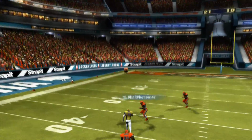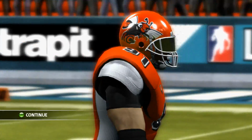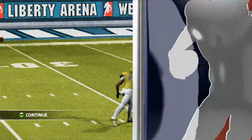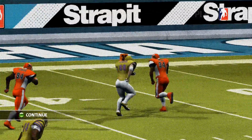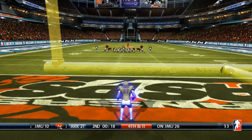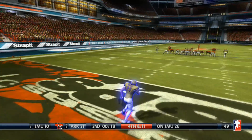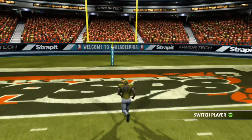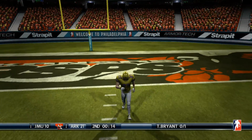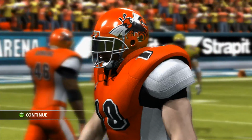And again, it looks like he's going to hit the tight end on the corner, but he drops it. I don't even think he got hit. I think he just dropped the football, and that's a turnover. That was a 4th down play, so the ball will now be turned over. I think they felt like they really needed to go for it, but that puts Arkansas in a great situation for a field goal. The kick is up, and it's actually going to be wide right. Wow. The kick is wide right,